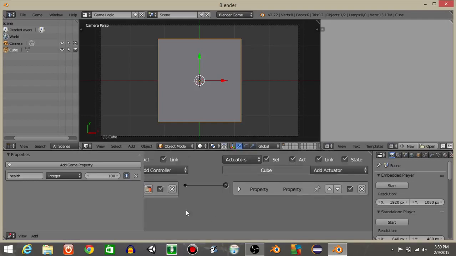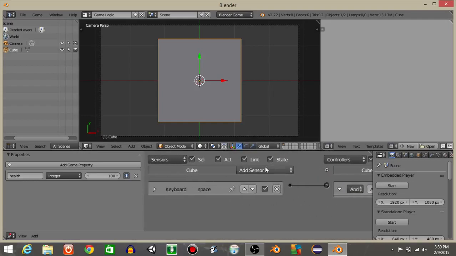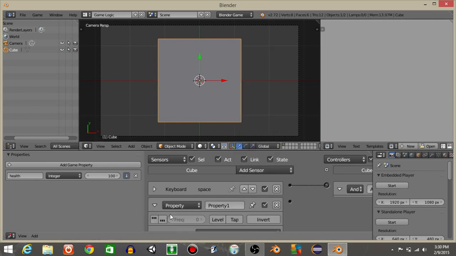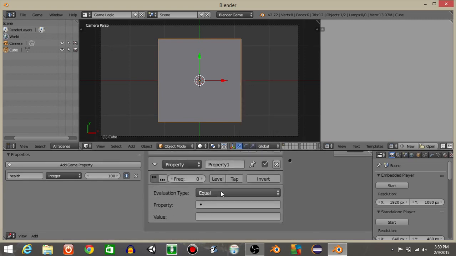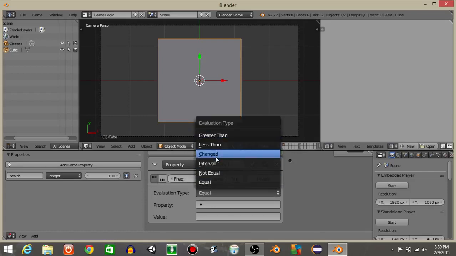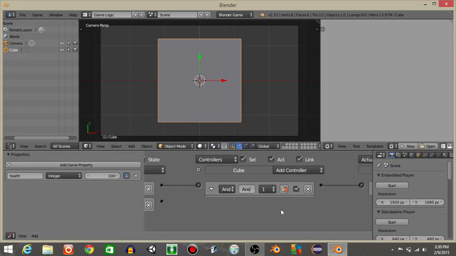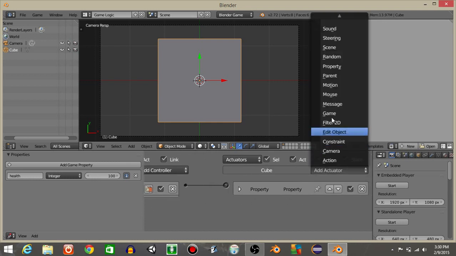Alright. What we're going to do now is have a property sensor. I'm just going to click these first 3 dots. And what we're going to do is have it so if our property is less than, let's put less than 0. So if the property is less than 0 for our health property, what it's going to do is activate